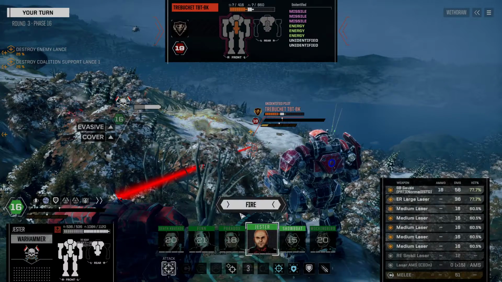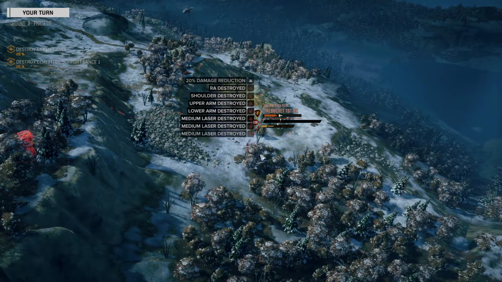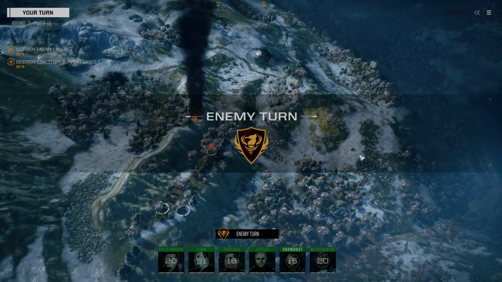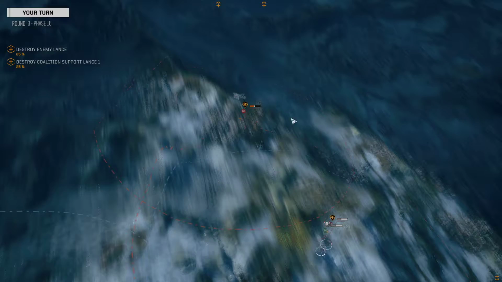Hi, you're nice, but you know what? You're better. Oh, missed with the Gauss rifle. Took out his right arm, though, so that takes out his triple medium laser array. That means he's only got missiles for the most part, and I should be able to wipe those out in fairly short order. This mech is poorly armed, so maybe artillery over in this direction might be the right idea if I just lob an Arrow IV shell,